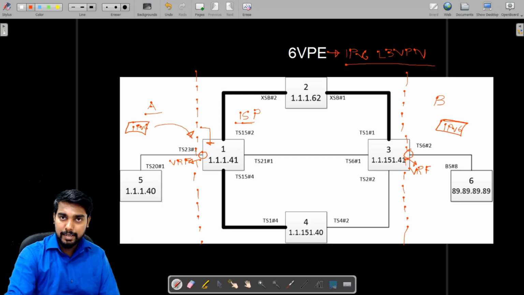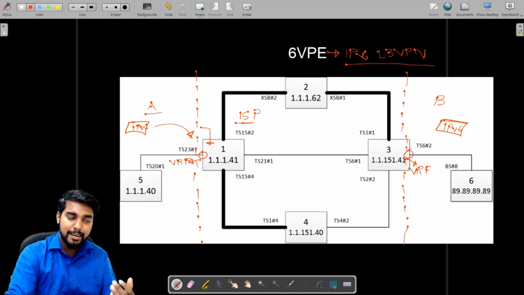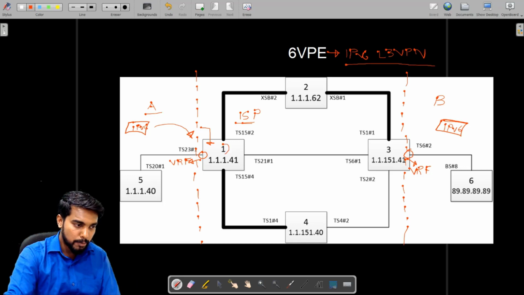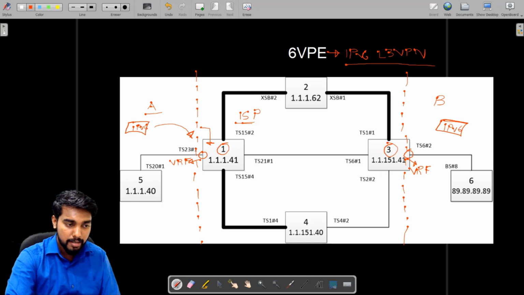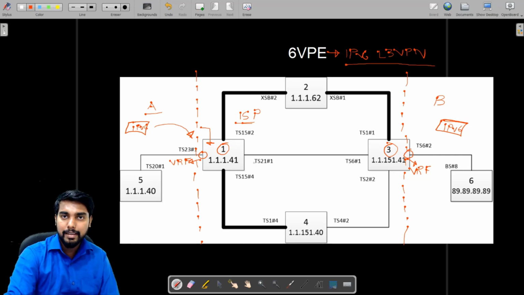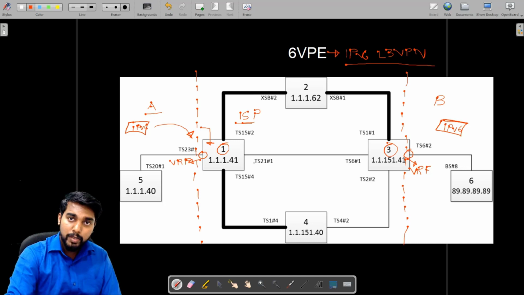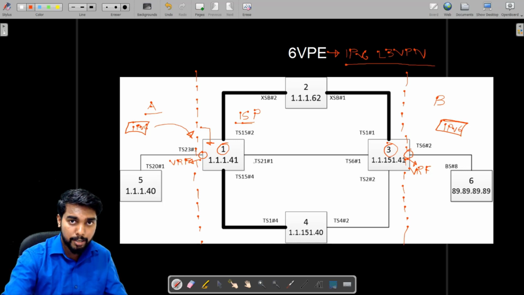So what the ISP does is, he will keep his backbone and upgrade the edge routers to the latest version. In this case, router number 1 and router number 3, which are the direct interfaces to the customer routers, will be upgraded to support IPv6, and the intermediate routers will be unaffected. Meaning that the intermediate routers will be kept as they are and will only support IPv4. In our case, it's only 2 locations, so only 2 routers. If there are 4 locations, it's 4 routers. 6 locations, 6 routers, which is far better than thousands and thousands of routers at the same time.